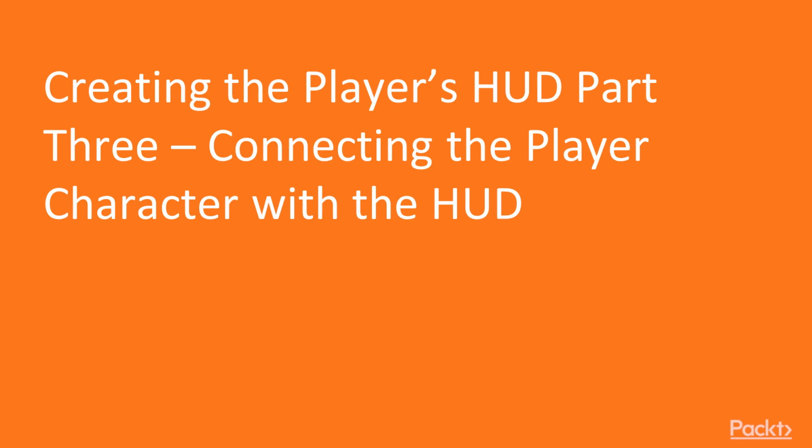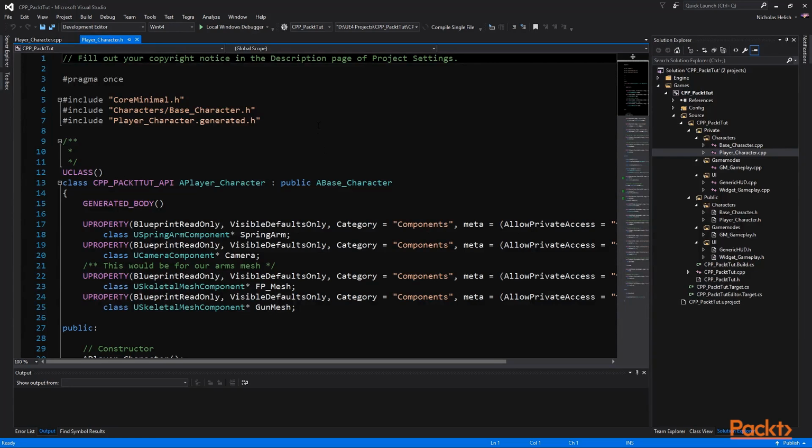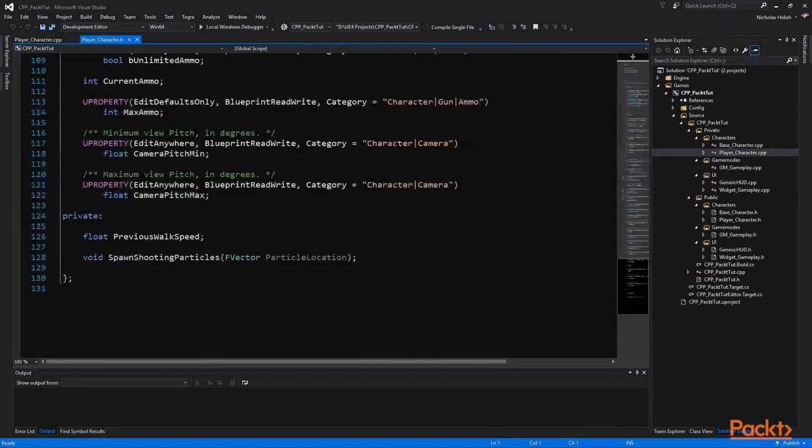Welcome to Section 3, Video 8, Creating the Player's HUD Part 3, Connecting the Player Character with the HUD. In this video we are going to connect the player character to the HUD class and prepare the death and pause functionality. First we are going to set up the connection to our HUD class in our player character header